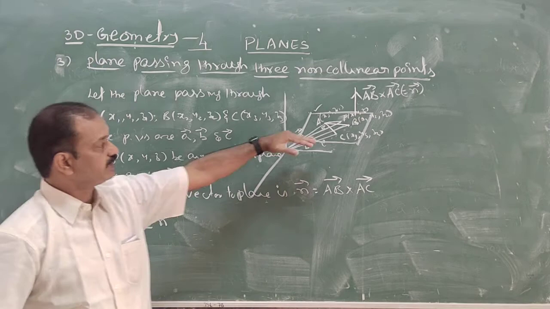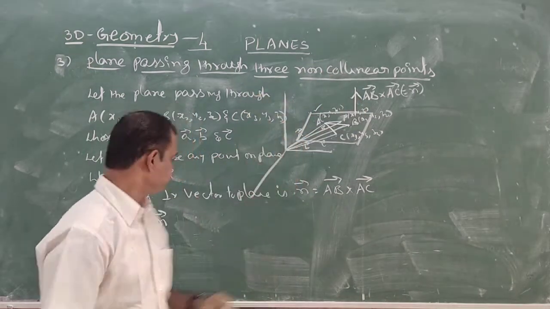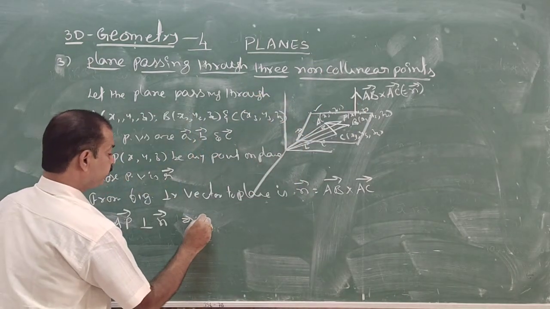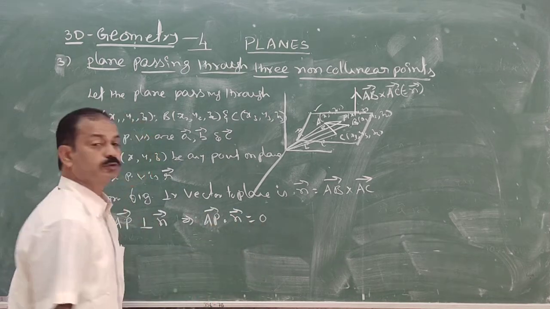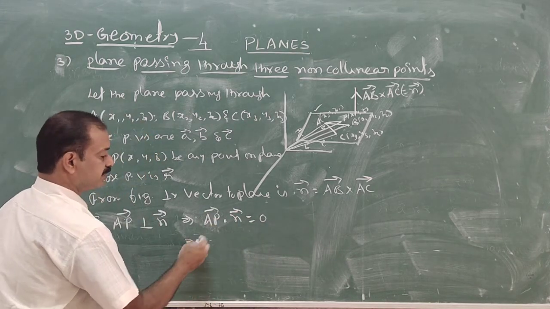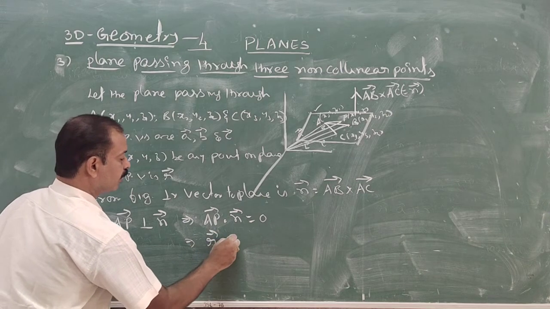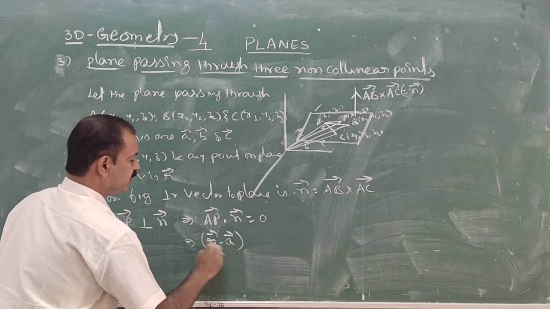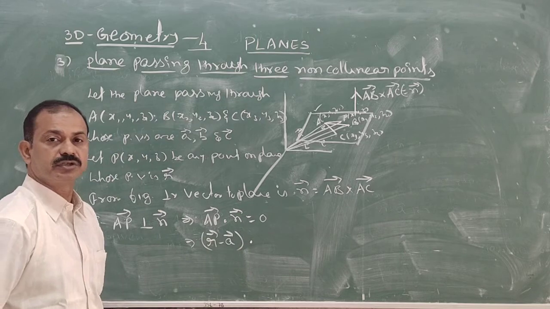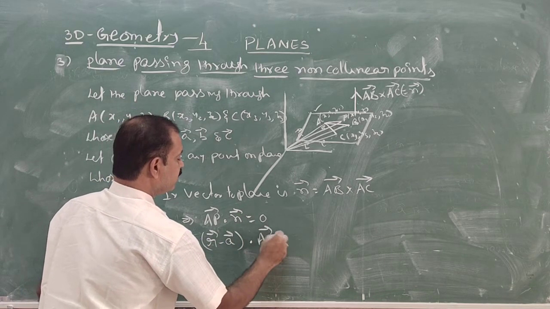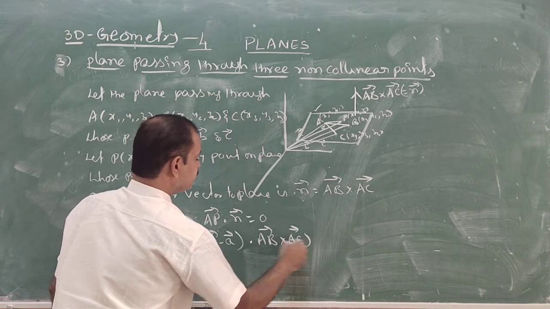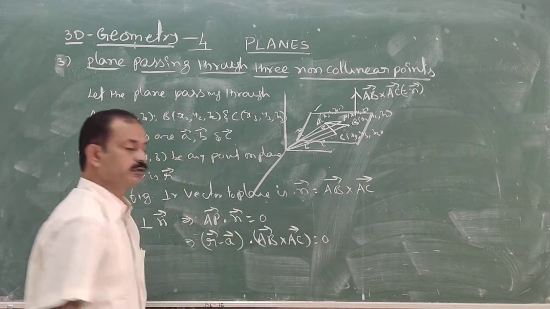So this vector AP is perpendicular to n, which implies AP dot n is equal to 0. That is, AP is nothing but R minus A, dot n, which is AB cross AC, is equal to 0,